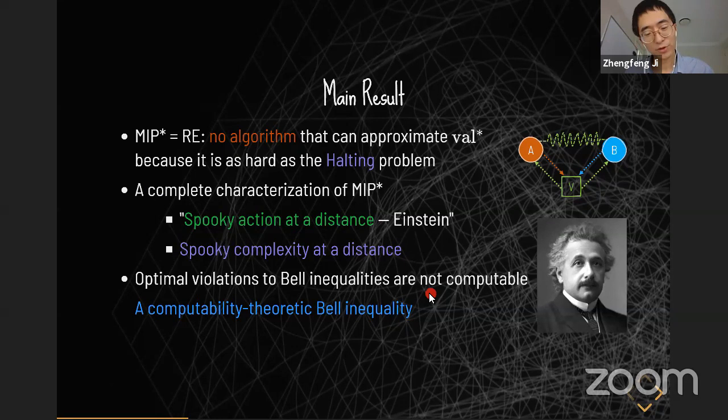It is also interesting to think of the results from the Bell inequality perspective. We say that it's a computability theoretic Bell inequality because John Bell tells us that for certain games the values are different, but in our result we show